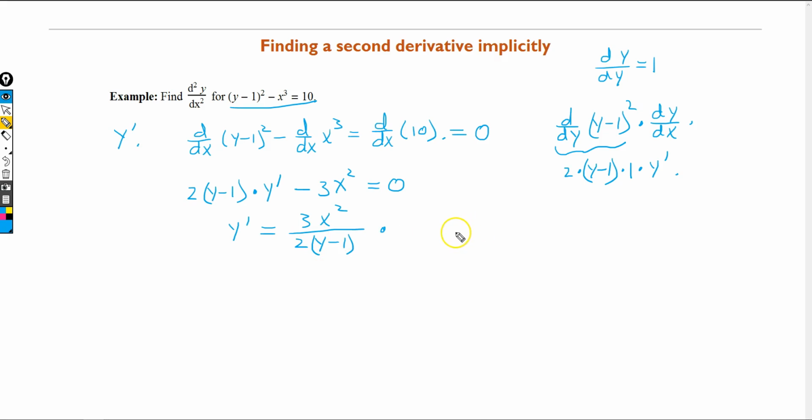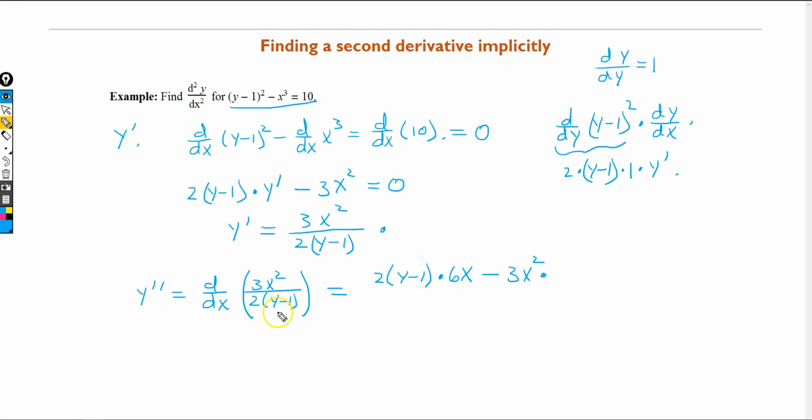There we go. Now we need to take the second derivative. So we have to differentiate this with respect to x. So then y double prime is going to be d dx of all of this. And now we need to use the quotient rule. So this is going to be bottom times derivative of the top with respect to x, so that will be, right, minus the top times the derivative of the bottom with respect to x. So that is going to be,